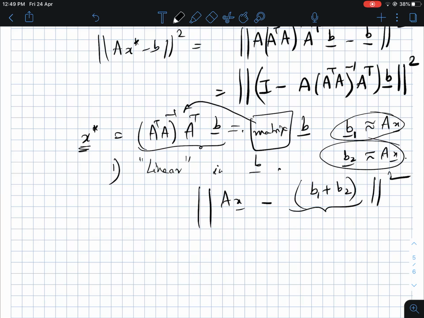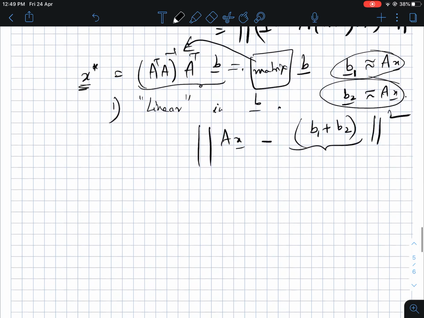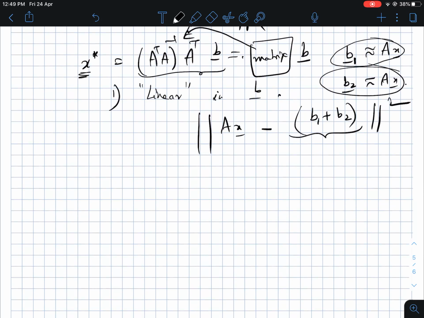So ultimately all this is some matrix times B, and that matrix has this formula, but it's just some matrix times B ultimately, correct? So it's a linear expression in B. Okay, so we'll look at some ramifications of that in a later lecture as well. Okay, also